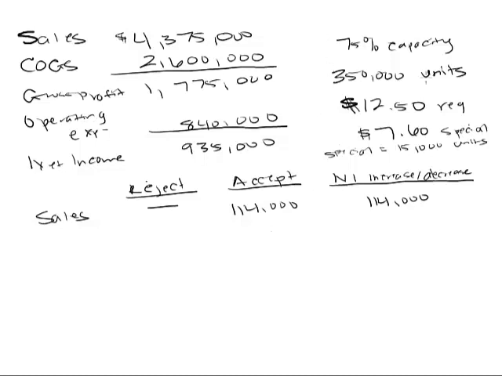Okay, so at 350,000, if that's equal to 75% capacity, then 100% capacity is a strange number, but it would be about 466,667 units if you rounded it. When we add in the 15, that gets us to 365. So we're not at 100%. That's what's important. We're at about 78%, rounded.